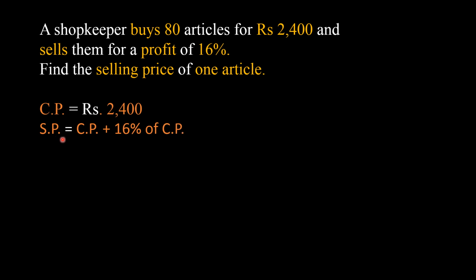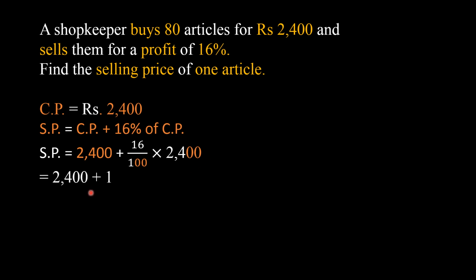Selling price will be cost price plus 16% of cost price, because he is selling the articles for a profit of 16%. It will be 2,400, which is the CP, plus 16% of 2,400, which will be,